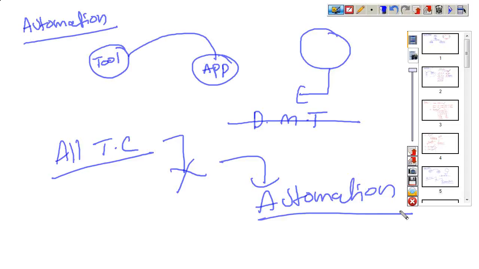So what is the drawback of automation testing? First of all, we can't recommend automation for 100% of the application. Not all manual test cases can be converted to test scripts. This is one of the drawbacks of automation testing. Okay, sir, which test cases can we recommend for automation?